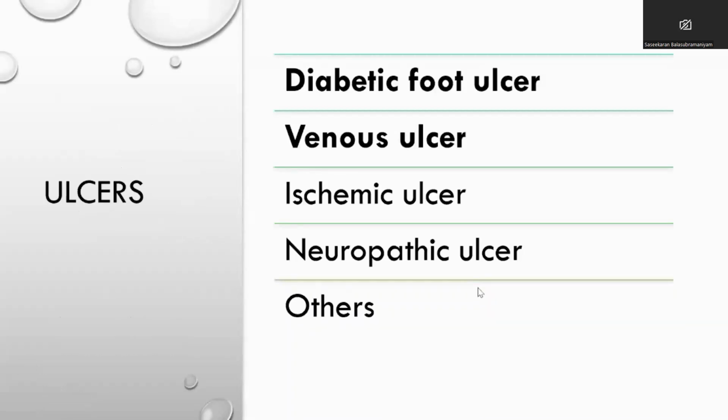So today my topic is mainly diabetic foot ulcer and venous ulcer. Why I confine to that is because the other two ulcers, like ischemic and neuropathic, come under the umbrella term of diabetic foot ulcer. If you just see the diabetic foot ulcer, I think you have almost covered the entire ischemic and neuropathic. The venous ulcer is the majority of the leg ulcer, so we can't miss that. That's why I have included diabetic as well as venous ulcer. The rest are for experts.